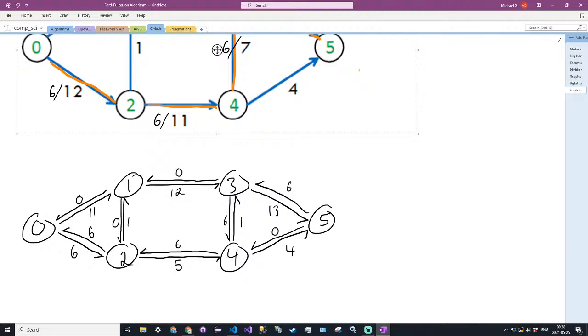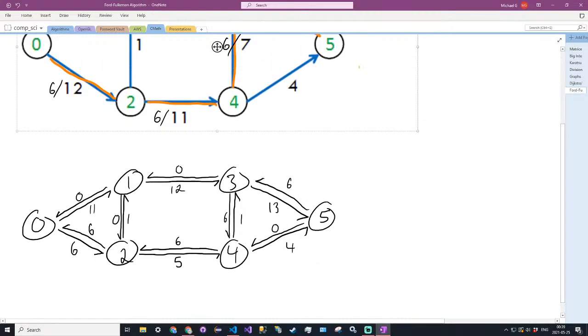Now the logic here is just like I said before. When we send flow along an edge, we want to decrease the remaining capacity since we're taking out more of the capacity, and then we want to increase the capacity that we can take back or undo. So like here, when we sent 6 units from 2 to 4, we have 5 units left, which is the remaining capacity on the forward edge, but we can undo those 6 units that we sent, which is the capacity on the backwards edge. So Ford-Fulkerson will essentially use this residual graph, and we will find every path, even with the backwards edges, since we can undo flow,